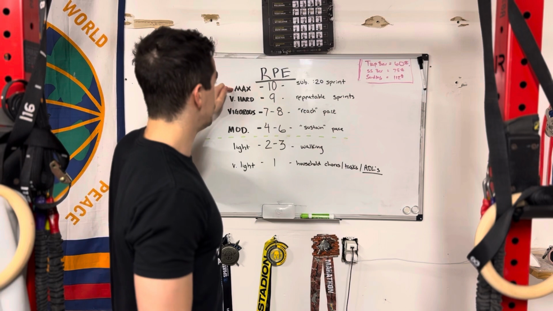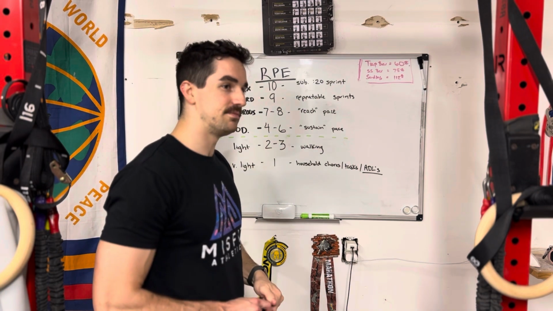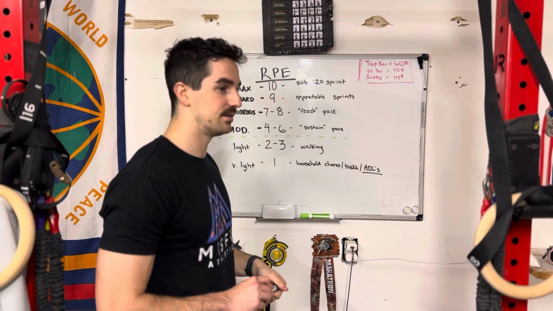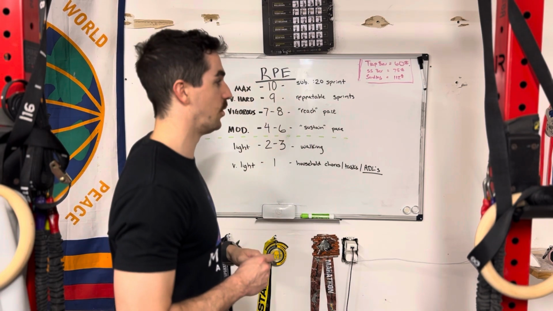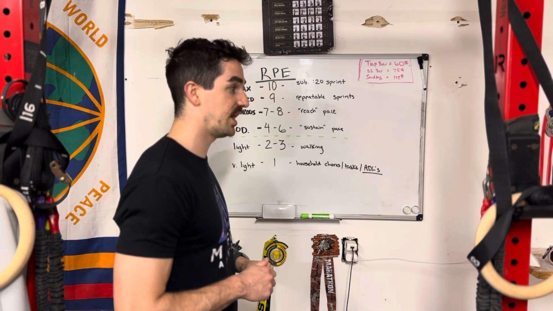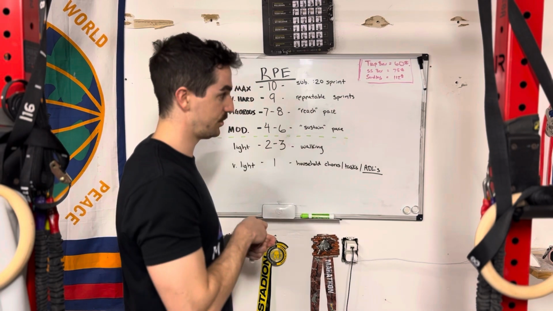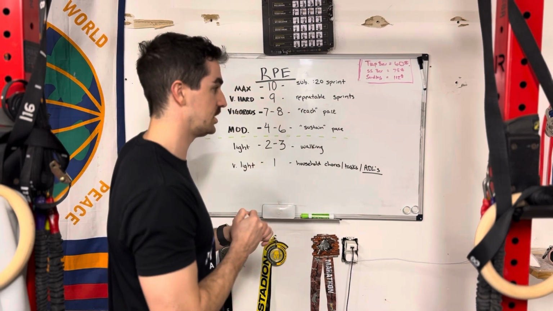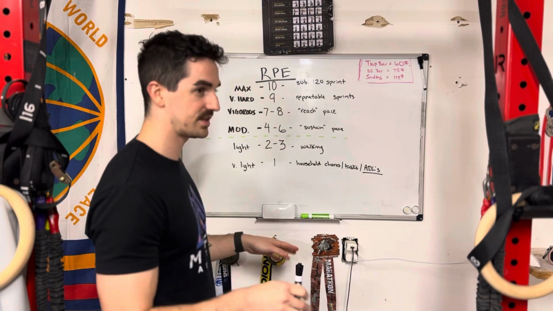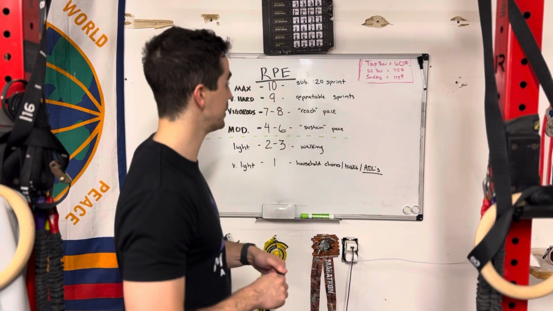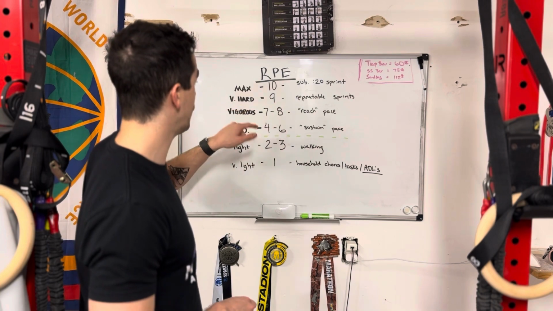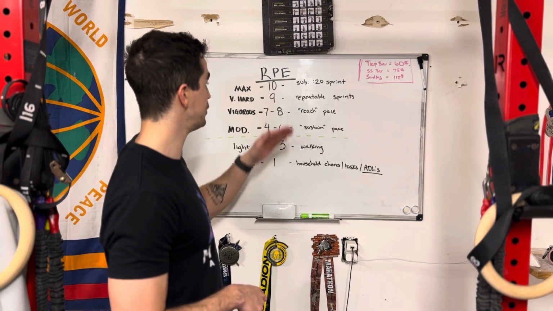You might see this close to a 10, and even further if you're pushing a 500-meter row, that might get you there. Or a really heavy sled push for max effort. But we're thinking short duration, max effort, you have to rest for 10 plus minutes just to get your blood normal again, right? From there it goes down to a very hard, which is represented as an RPE of 9,